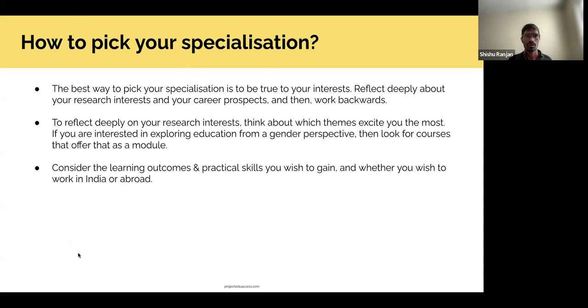Yes. So how to pick your specialization? It's not a very challenging task if you are clear with your focus area, your research question, or what you want to do in your later career. Then it will be easier for you to pick. Earlier I was interested in science education and in teacher education, but I wanted to bring a social justice approach. That's why I picked this course.